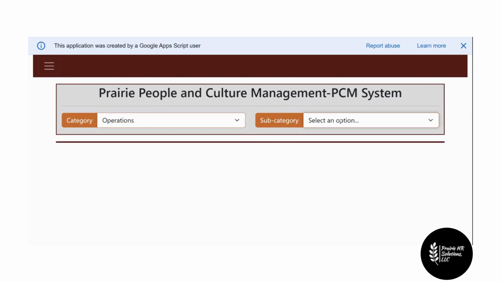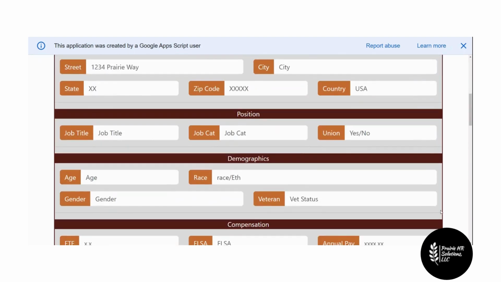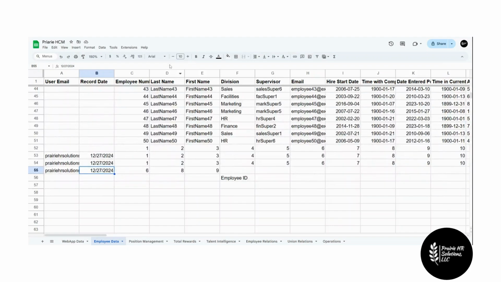And let's go to operations, records. This employee ID, what we'll do to make sure that it's different, so we'll do employee ID, we'll just put exactly what it is in here. Okay, and now let's scroll down and create record, hit process, record goes away, so it sent it over to the Google Apps script side. Now, if we come over here,